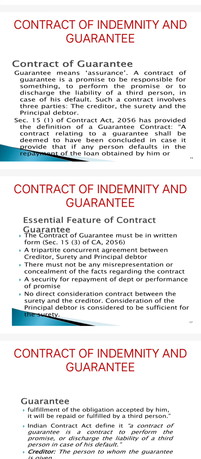Section 126 of the Contract Act has provided the definition of a guarantee contract. A contract relating to a guarantee shall be deemed to have been concluded in case of default, provided that if any person defaults in repayment of a loan obtained by him,